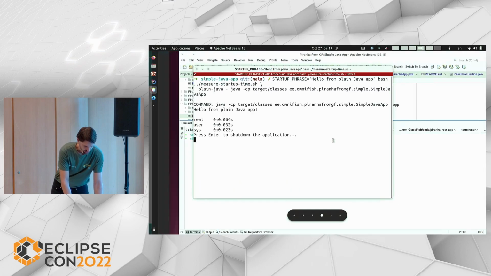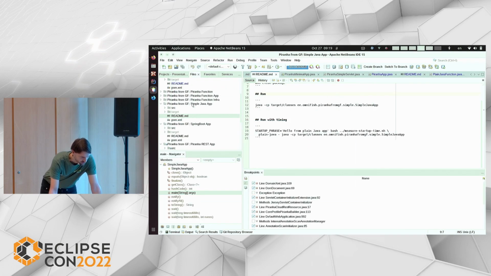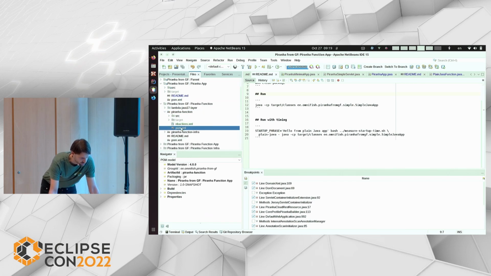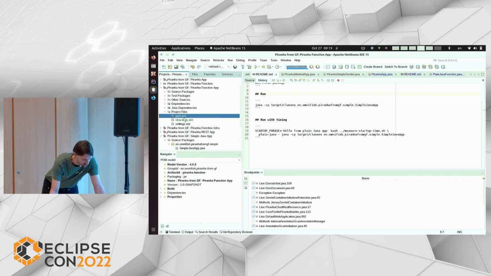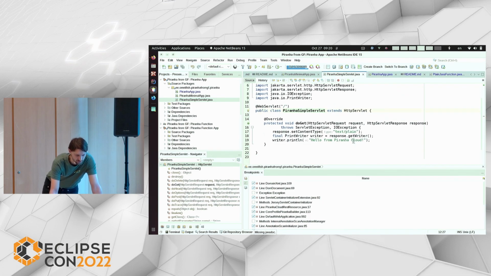So let's now see what Piranha can do. With Piranha, you can do the same as we did with GlassFish. You can deploy the same servlet, Piranha app. So the same servlet is very similar.